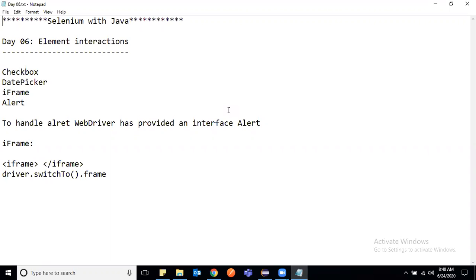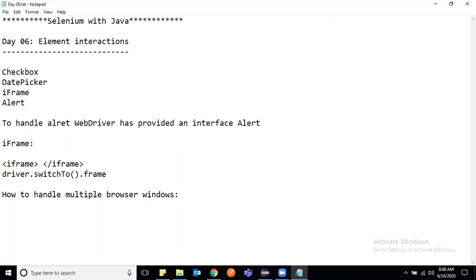So in this series, today what we are going to see is how to handle multiple windows, or specifically, browser windows.